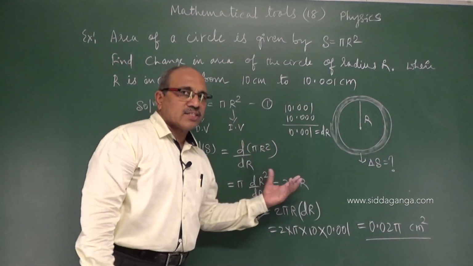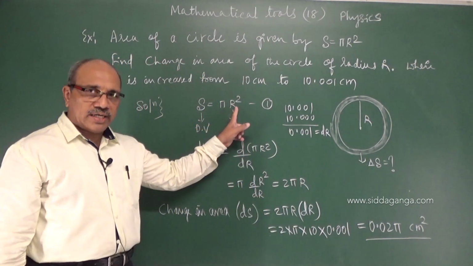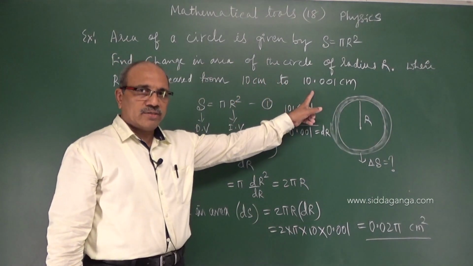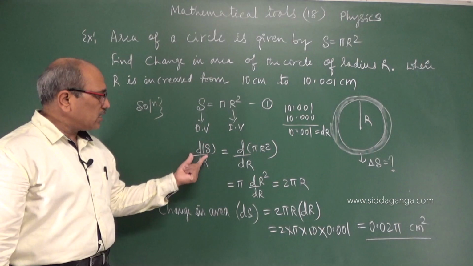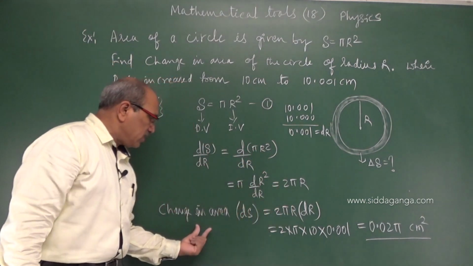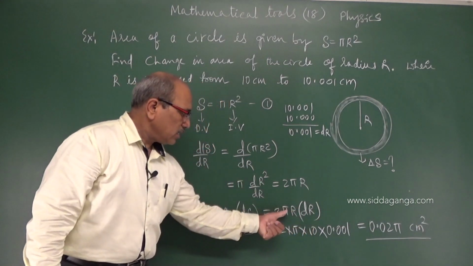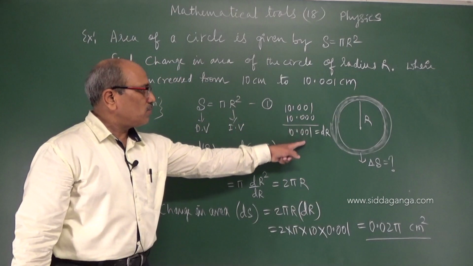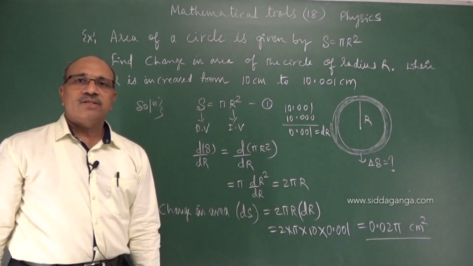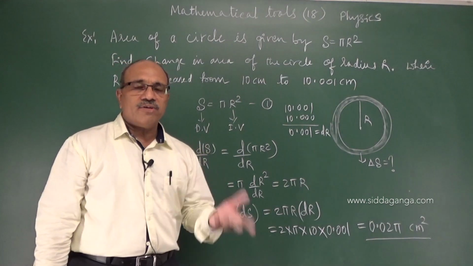So how do we apply this in finding the change in area? If area is related with radius, how much change in area takes place between the two data? We took dS by dr of pi r square, got 2 pi r, but we required the change in area. The change in radius we took to the right hand side. r and dr are given. We found dr, r is given, substituted and got the value. Such interesting problems of physics come here with the derivative function.